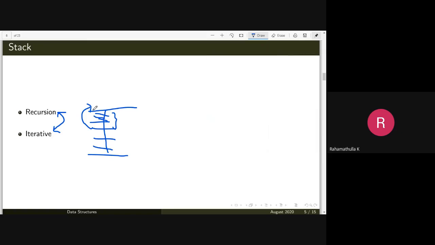So if you're going back and starting this function again, you store the current state of the system somewhere. For that, the system will use a stack. It will enter the present state of the system in a stack. It's called a system stack. So the current state of the system will be stored in a system stack.